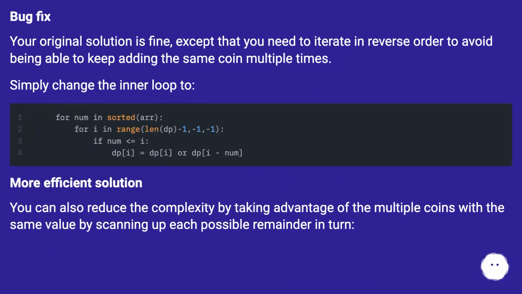Bug fix. Your original solution is fine, except that you need to iterate in reverse order to avoid being able to keep adding the same coin multiple times. Simply change the inner loop to